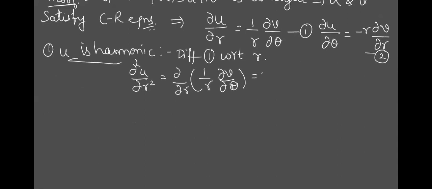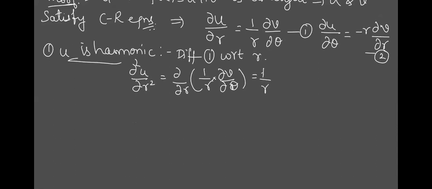So this v is a function of r, so obviously ∂v/∂θ is also a function of r. And what is 1/r? Is it a function of r? Obviously, yes. So both are there, and in between there is a product, so obviously we have to apply the u into v rule. How can this be done?